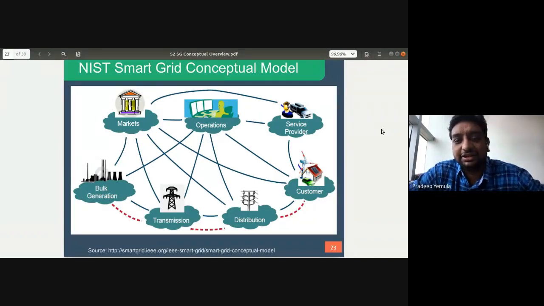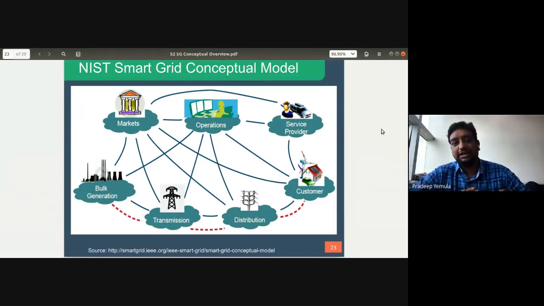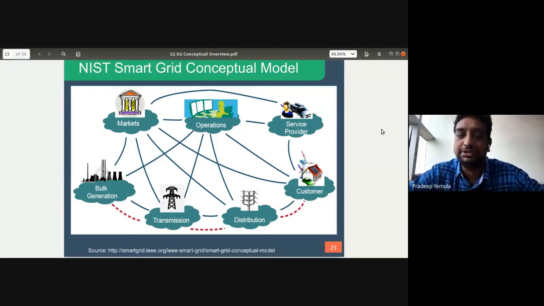And this is actually nothing complicated. It is just a simple model, like a graphical representation to understand what is smart grid. Just like when you want to visit some place, before visiting that place, you will check in Google Maps what all the places are there and how to reach that area. Like that, this is also kind of a map for a smart grid.